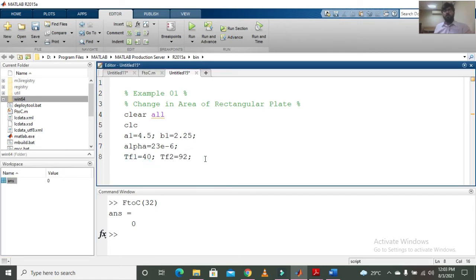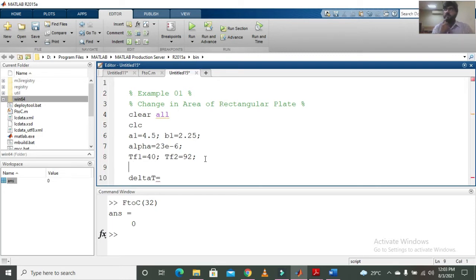So now what we are going to do is calculate delta T, and for that purpose we need the degree Celsius temperatures, which I will calculate by using my function file.